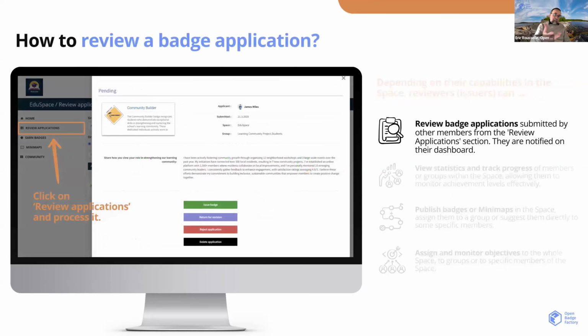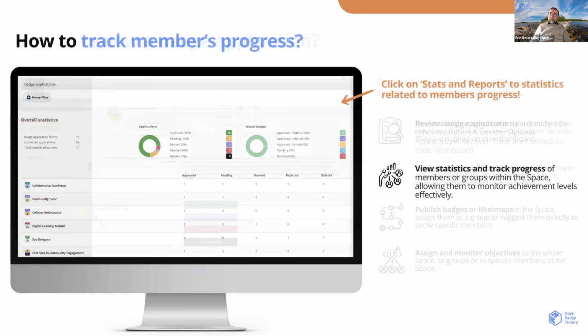So here, if you know Open Badge Factory, you see a view which is very much the view that you have in Open Badge Factory for reviewing badge applications. So you can issue a badge, you can return a badge application for revision if it's not good enough, or you can reject an application. And for all these badge applications, you can see the statistics.